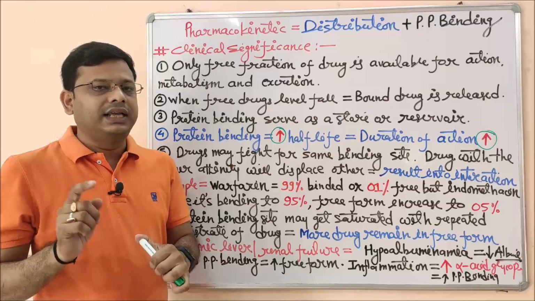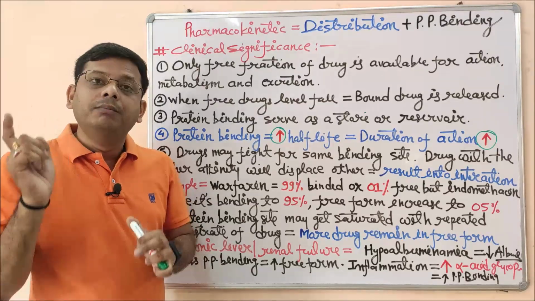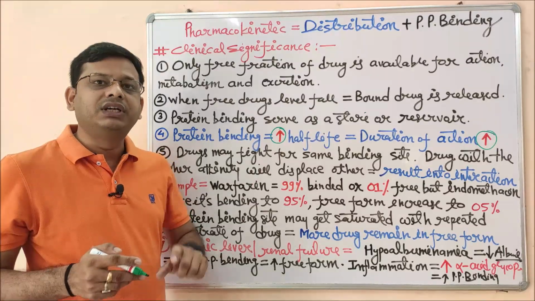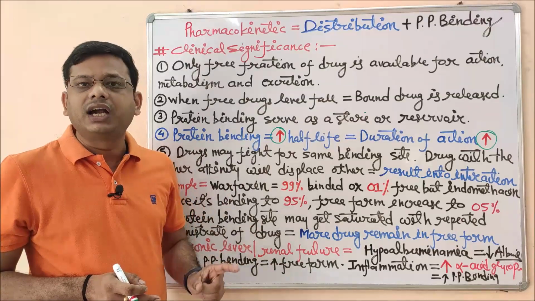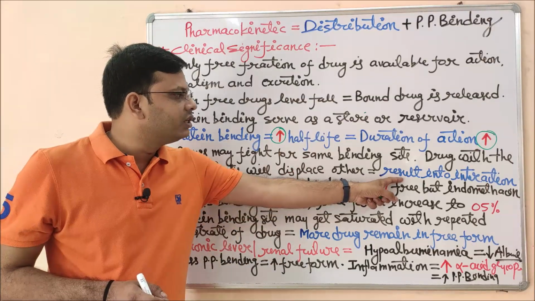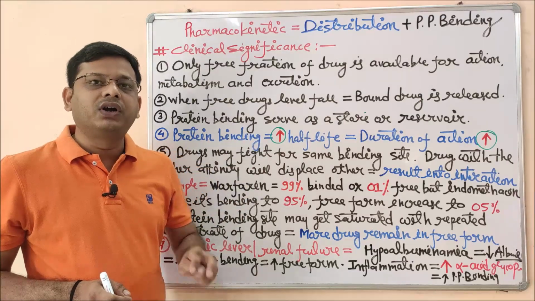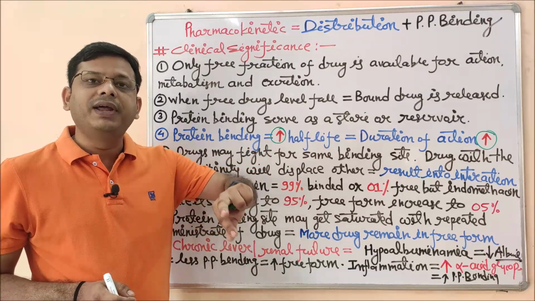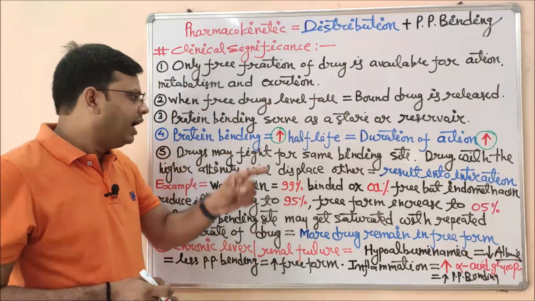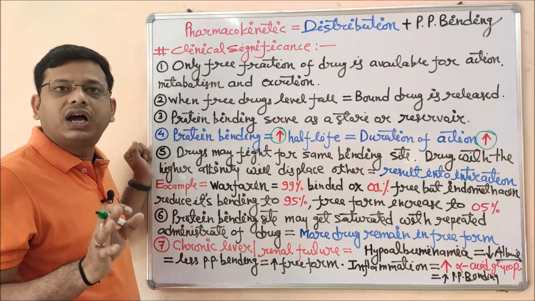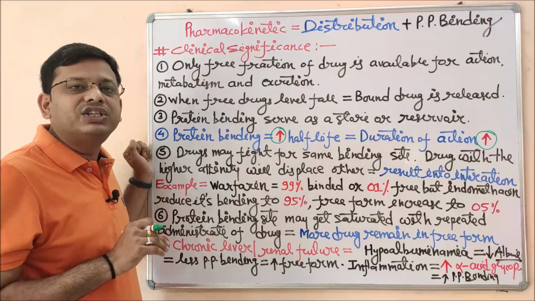That phenomenon is called competitive inhibition, and it may affect the drug action of the drug which has been taken initially, and can result in drug interaction. So in future, whenever you give such kinds of drugs, one drug may displace the other, and that is a very important phenomenon from the point of view of unwanted effects or cumulative effects.